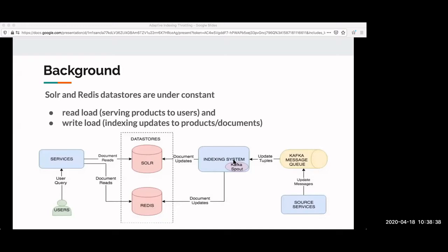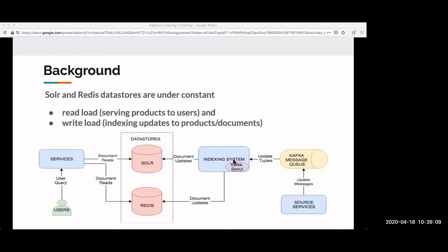So these are the two data stores we have. I can briefly talk about where we use these two data stores. Solr, as I said, is used for searching. So user query to products is done by Solr. Now product ID to product information. I say product 1, 2, 3, 4. From that to all the information regarding that product, that is handled by Redis. So all the product information is cached in Redis. We have other persistent data stores as well, but these are both the serving data stores.